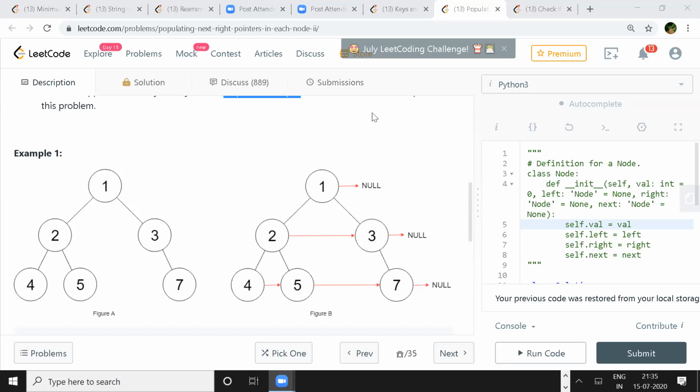Stack it will use. No, I think Uday is saying that you can use the next pointer itself, because we have extra information in that node, right? So we can use that and the next one and then do it in an iterative way, but do a DFS traversal, right, Uday? That is what you're trying to say.